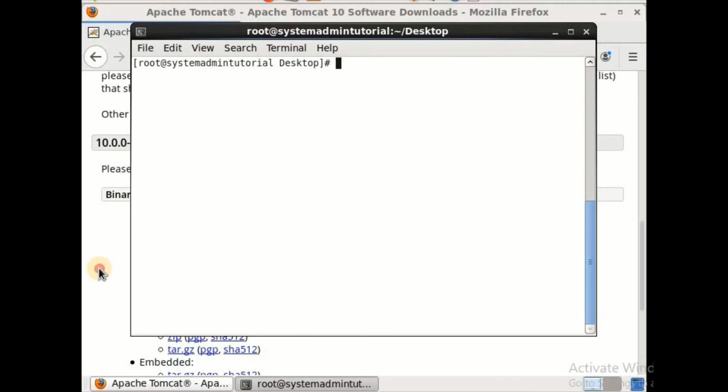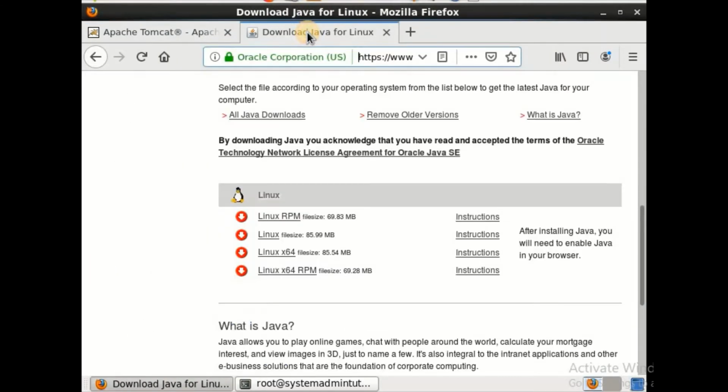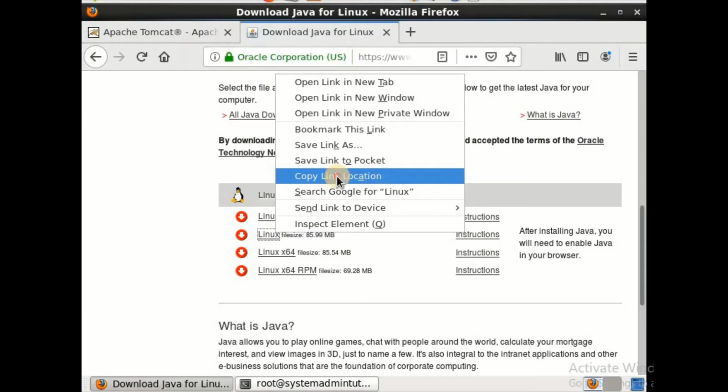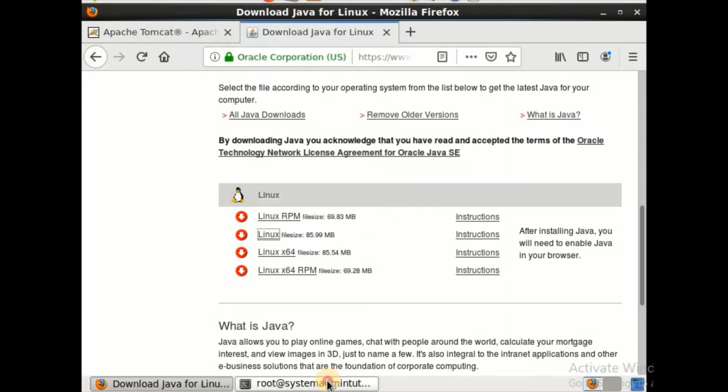Next, go for the Java downloading. Here the Java link is there, so you go for the Linux RPM file, or the zip file, whatever you like. Just copy the link location and go to your terminal. There it is the same process.